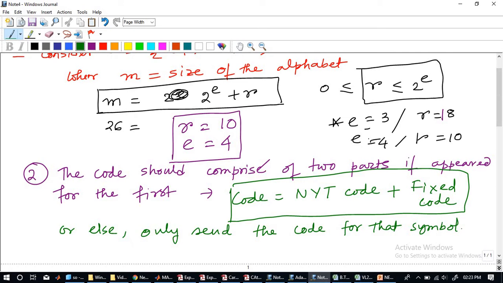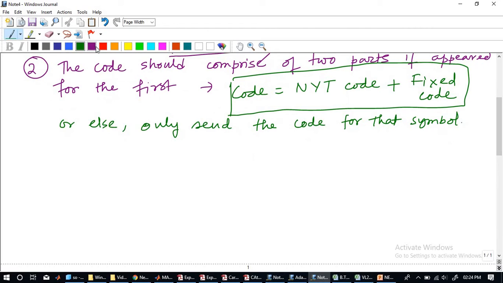For the time being, just write it down, because later on you might forget the process. So first, when it appears for the first time, the code should be NYT code plus fixed code, or else it should be only the code of that particular node at that point in time. So we have to define what the NYT code is. Now the third point comes in: what is an NYT code?